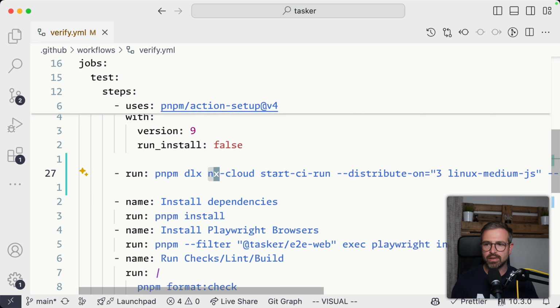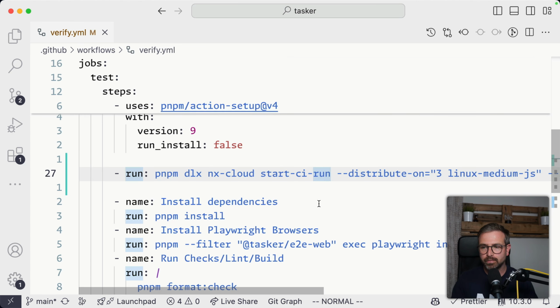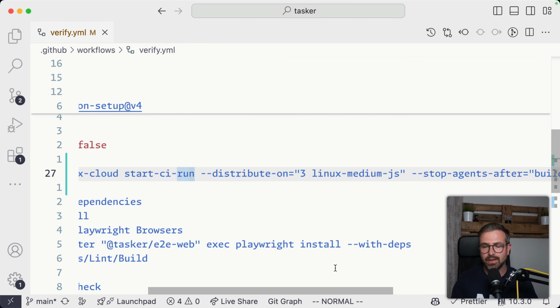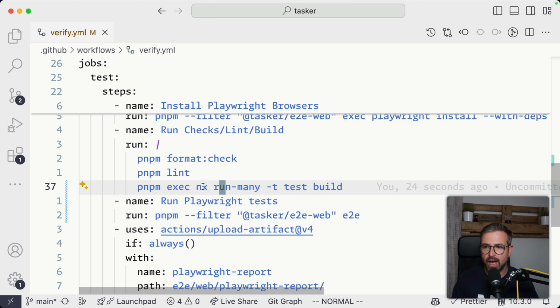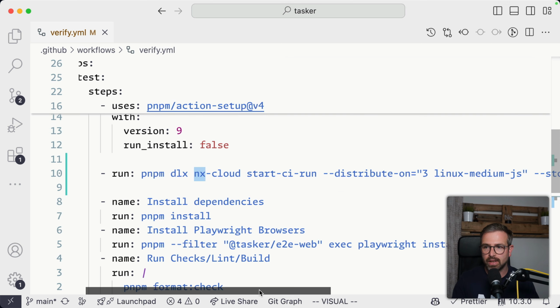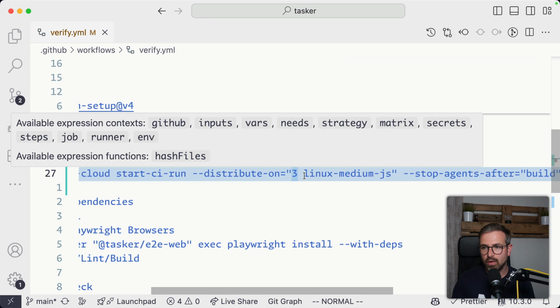So we leverage this utility here, which is the Nx Cloud package. As you can see, this is directly being pulled down, so you don't have to have it installed in your workspace. And then we use its command, which is called start-ci-run. Now this will instruct Nx Cloud to distribute all the tasks that we run, which is basically all these that run here through the Nx CLI, and to distribute them on 3 machines of type